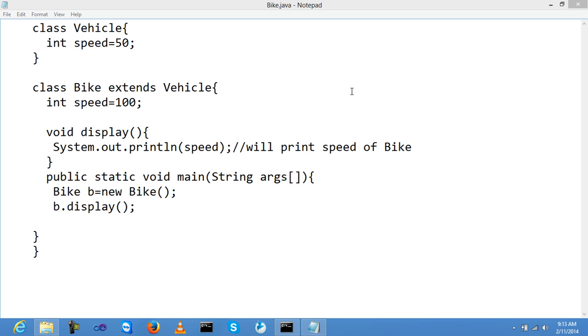Okay, so, super keyword example. First of all, three steps. Use of the super keyword: when you're required to call a parent class constructor inside the child class, then you can use a super keyword.